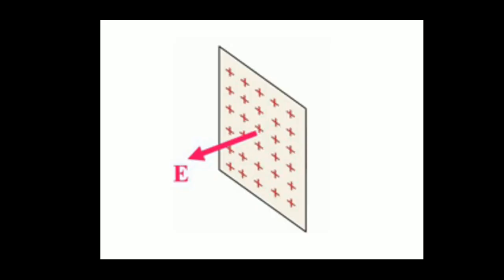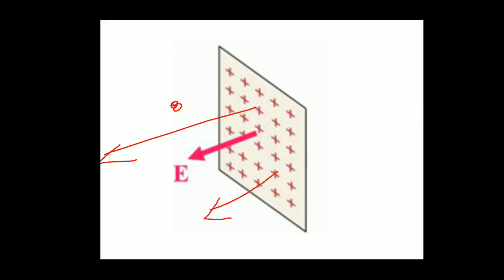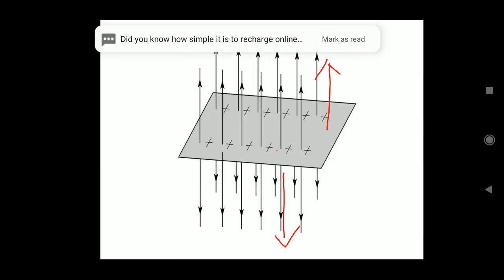Now we will restrict ourselves first to one side, and see how it takes place. In the sheet I have taken only one side, that is, this left side of the sheet alone. Which direction will the electric field act? It is a positive charge, so the field is outward, this way it will act. Suppose it is a negative charge, what will happen? It will act towards the sheet, but this is clearly a positive charge, so it acts radially outward. Will it act on this side also?